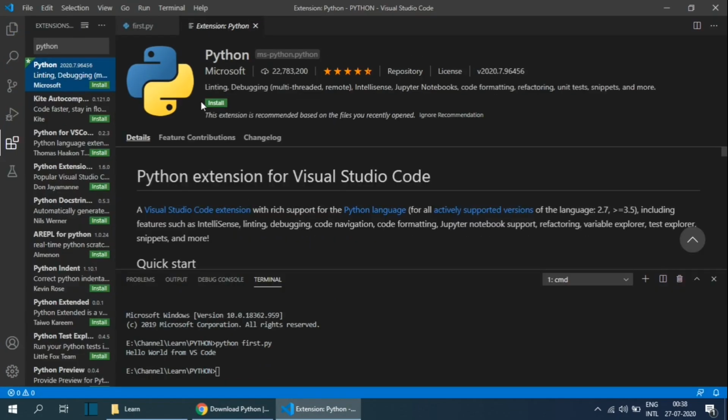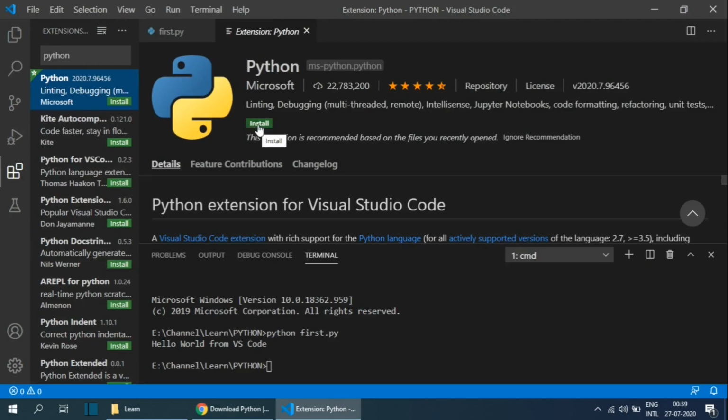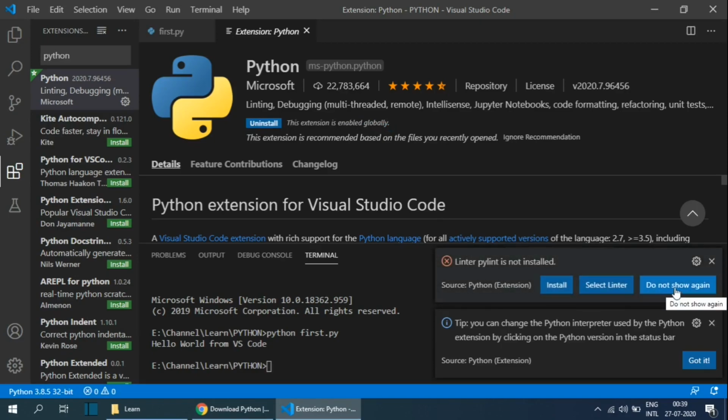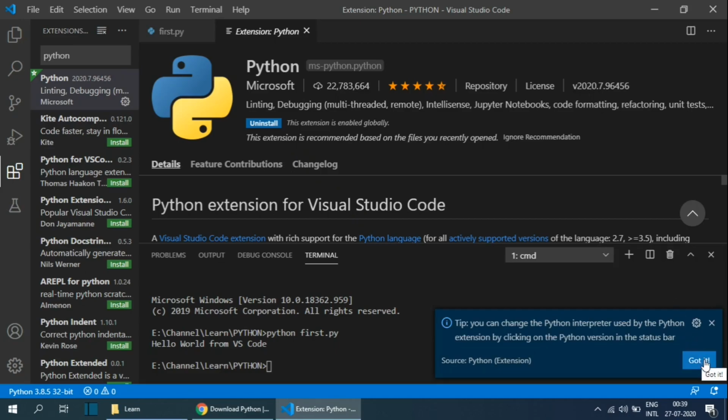Select the extension and click on the install button and wait till the installation is complete. Once it is done, you can close the Python extension window. Also, you can minimize the extension sidebar by clicking on the sidebar icon.